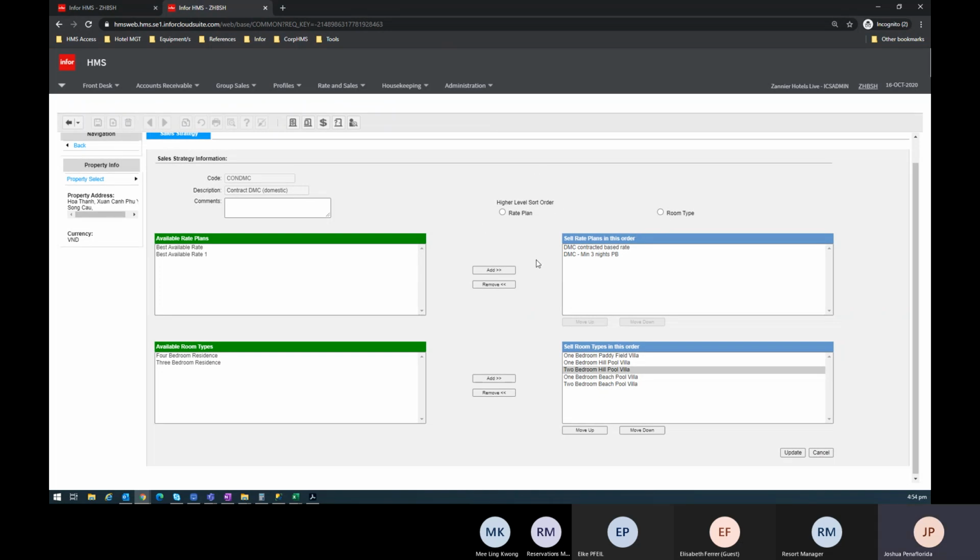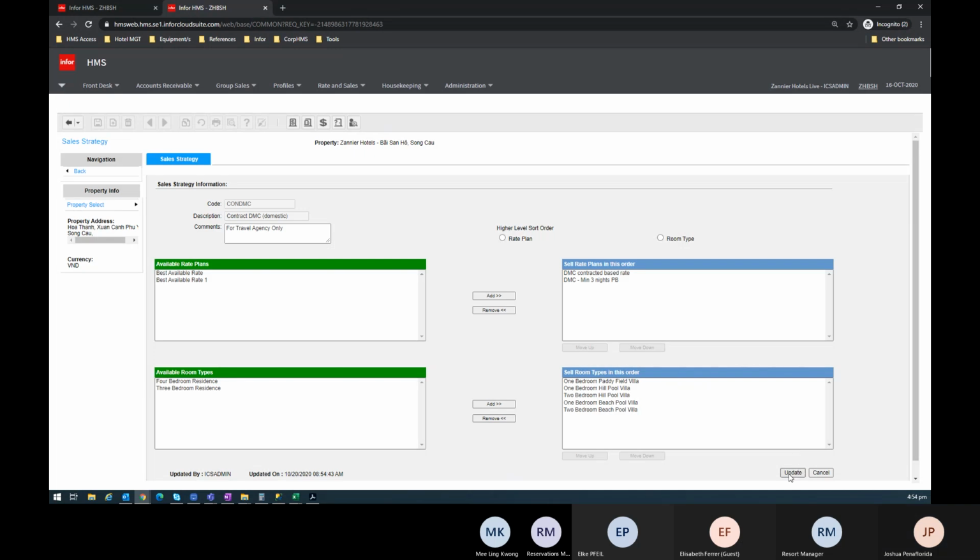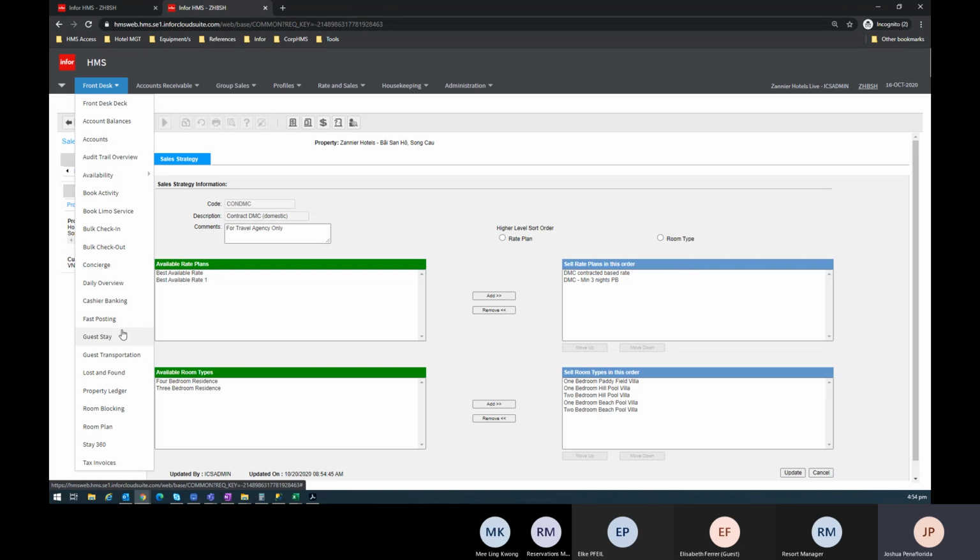For sort order, you can leave this one as blank to use the default one, right? Or you can use the sort order to prioritize the rate plan first or room type. Finally, click on update, right? Put in comments something like for travel agency only, right? And update. Once we have updated that one, let's see that one in action in our reservation screen or what we call guest stay,